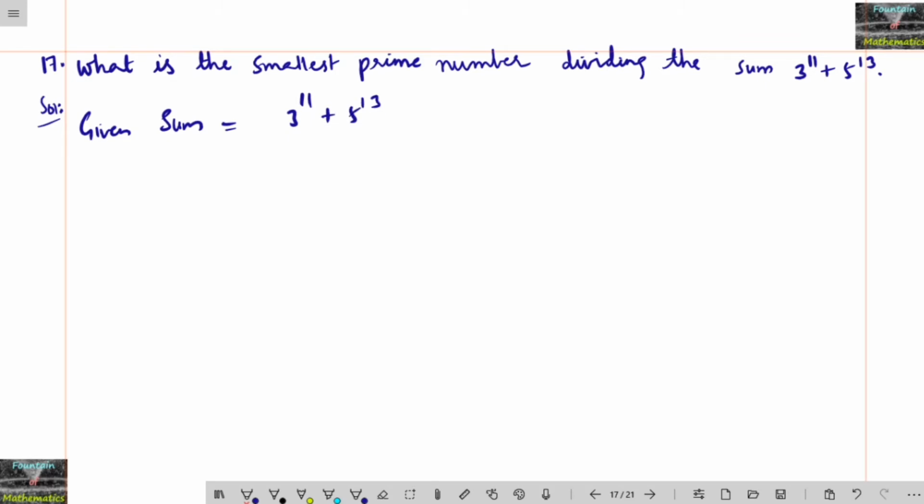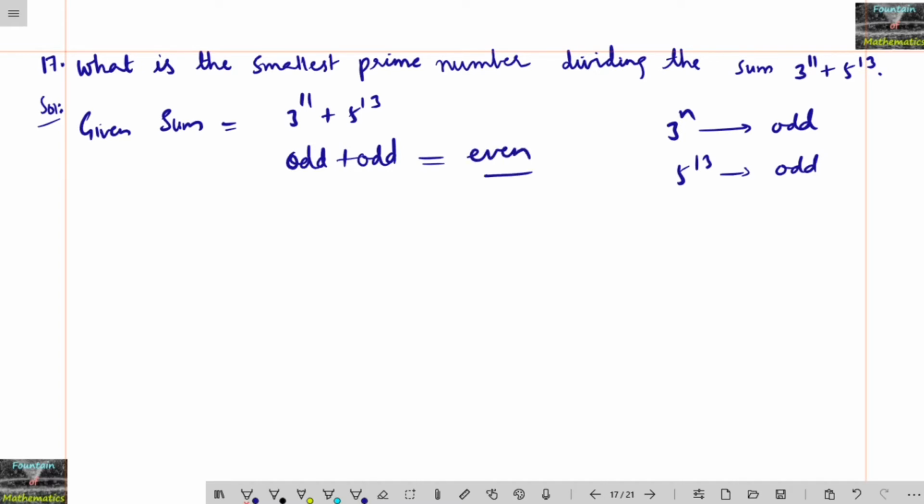Very small logic. Since 3 to the power of any positive number, 3 power n, is always an odd number only. 3 power 1, 3 power 2, 3 power 3, 3 power 4, any positive number, it is always odd. Similarly, 5 to the power of 13 is always odd. 5 power 1 is 5, 5 to the power 2 is 25, 125, it always ends with 5, which is an odd number. Since the sum of two odd numbers is an even number,